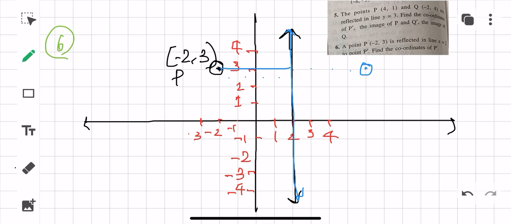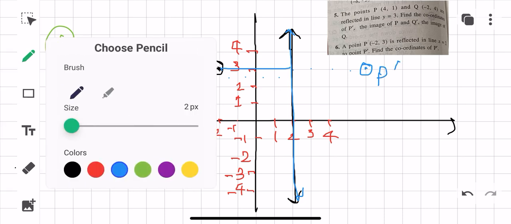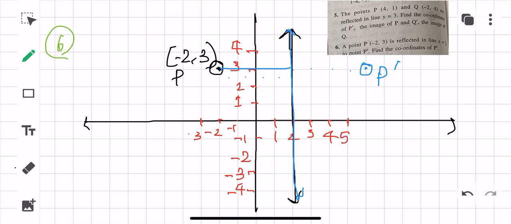And again children, you already know that since it is reflecting along y-axis, then my y coordinate is going to remain same. So this is my P dash. So what you can see here, if I just mark it with the red pen, so this is 5 and this is 6. So what is the coordinate of P dash you are getting? You are getting 6 comma 3. Okay, so this is going to be your answer. Okay, so you just have to see that how it is going, and then you can easily get the answer. Okay, so this way this particular sum has to be done, and then now we'll be moving to the next